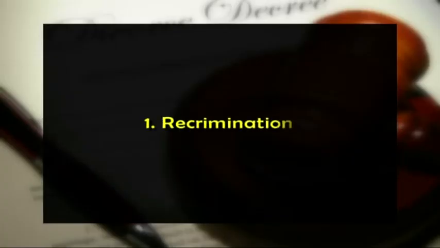There are certain defences available against the theory which are particularly known as matrimonial bars, and these are: Number 1, recrimination. It is presumed that the complainant must come before the law with clean hands. He or she should not have in any way committed any matrimonial fault in comparison to the fault of his or her spouse.